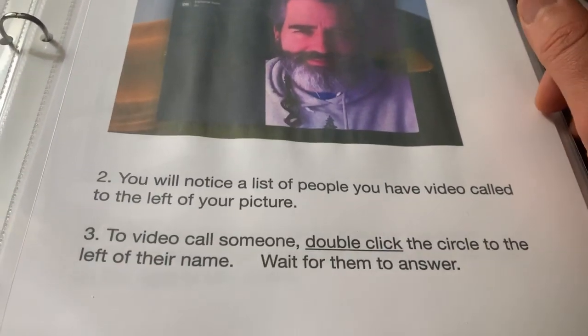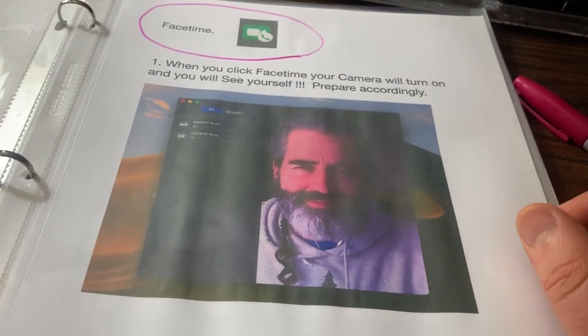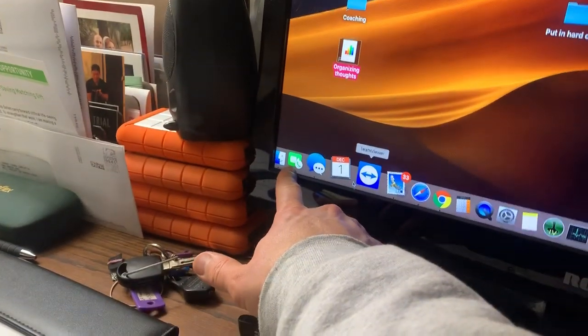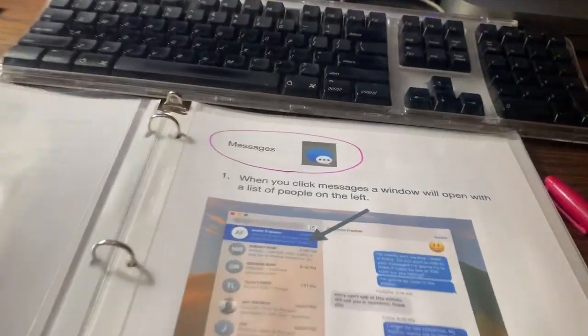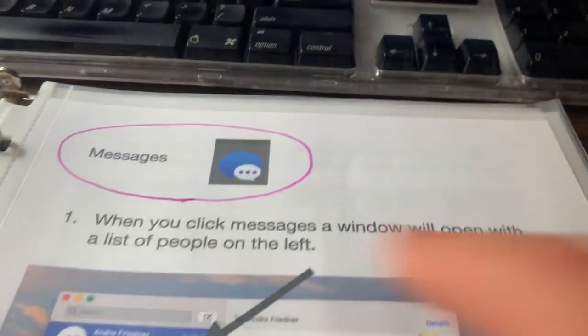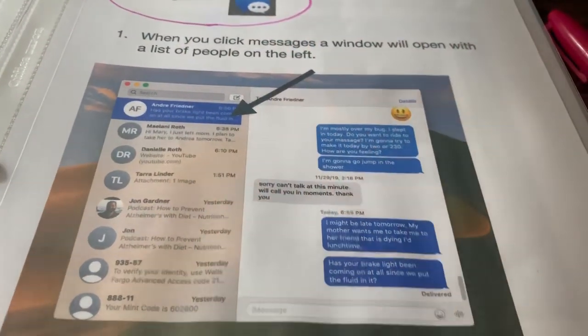And then to hang up, there's just a little red circle here, or you do the little red circle up there when you're done with the conversation. So that's FaceTime. Now we're done with FaceTime. That one's pretty easy. That's to video call me. The next one over is Messages. Messages, right there, ta-da. So when you click on this, boing, this window pops